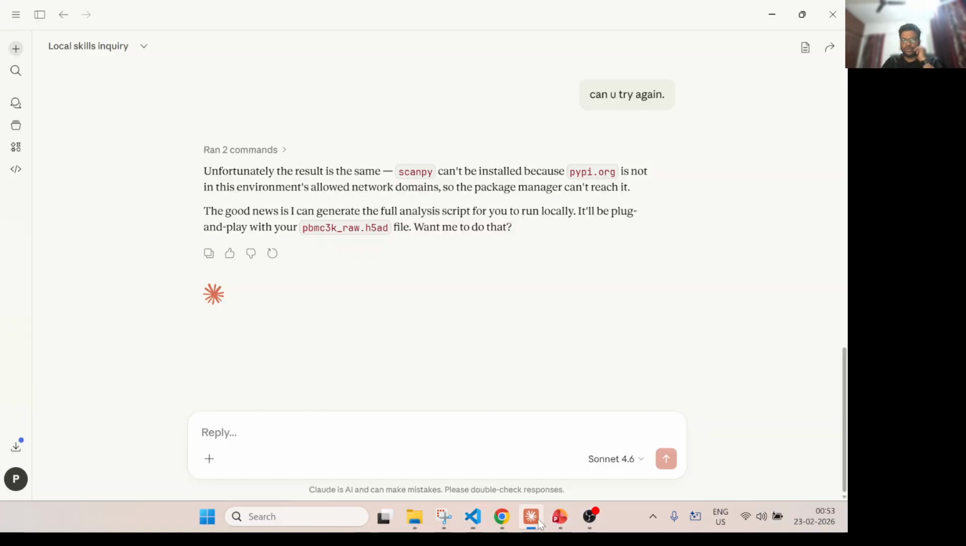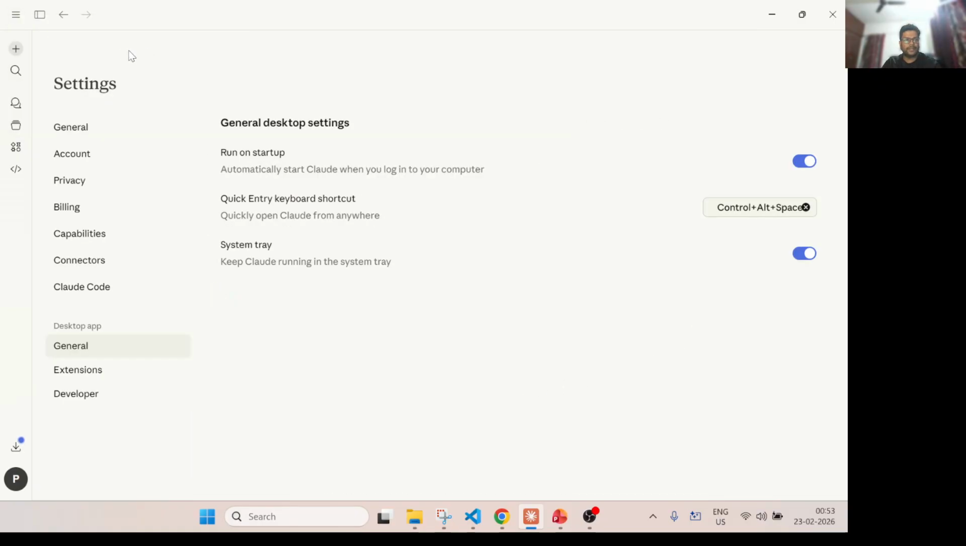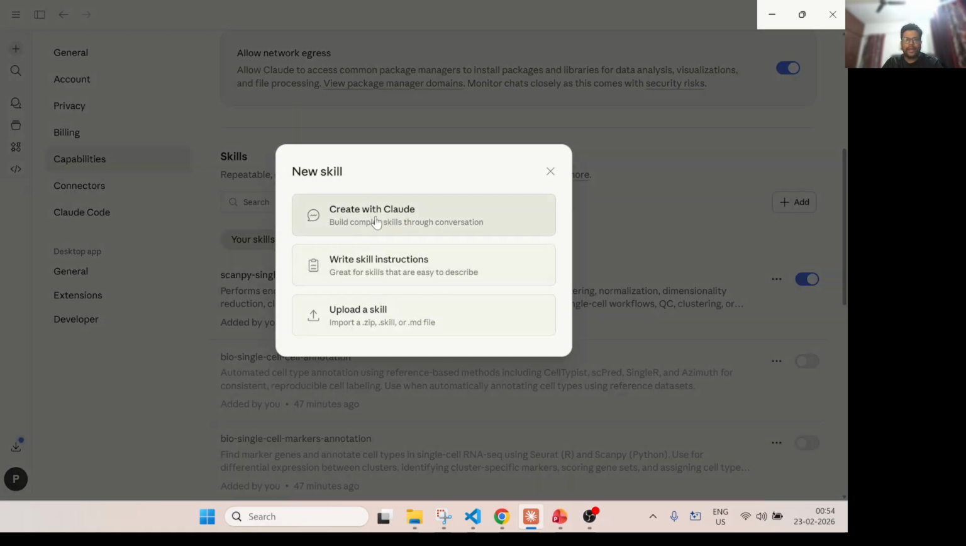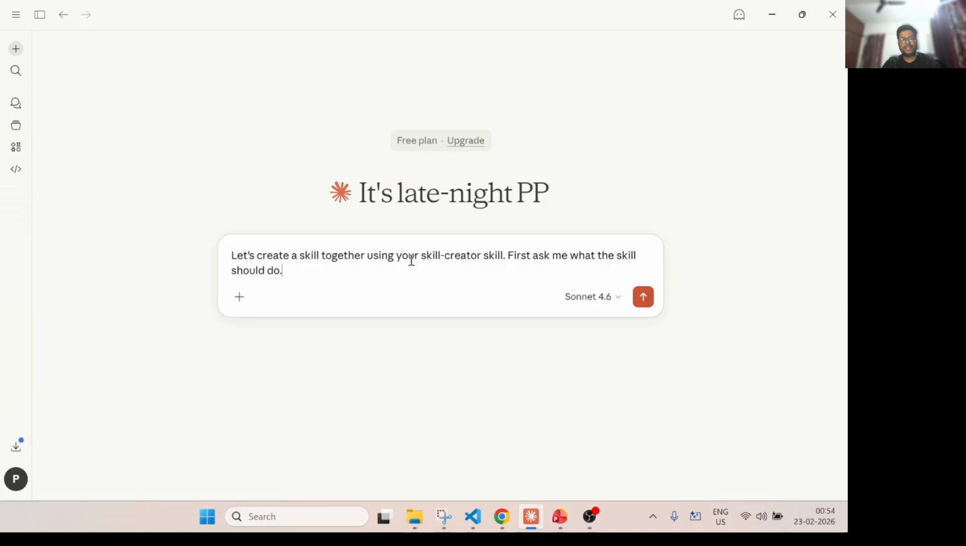Alternatively, you can go to the settings, and again go to capabilities, and click on add and create with Claude. Claude has something called a skill creator skill. Basically, to create skills they have given another skill, the skill creator skill, so very confusing. So use that, and you can say, hey,